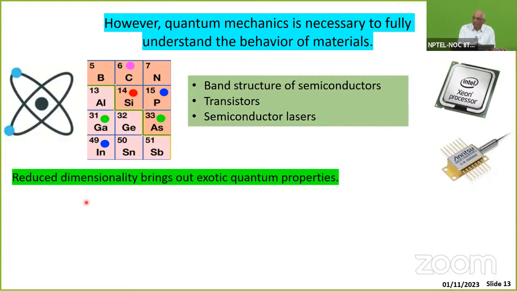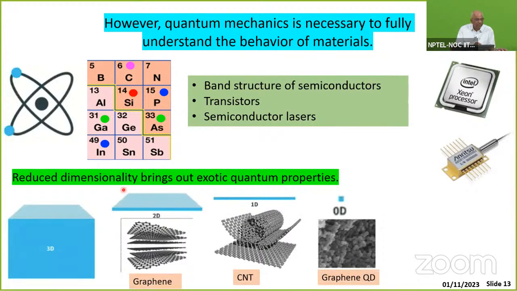In addition, reduced dimensionality brings out very exotic quantum properties. We deal with 3 dimensions, but if you go into 2, 1, or 0 dimension, the confinement of the electrons brings out more exotic properties than otherwise realizable in 3D. For example, graphene. Graphene was discovered with the Scotch tape technique in 2004. But since then, the last 18, 19 years